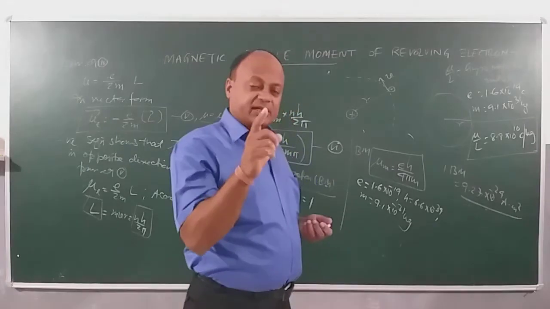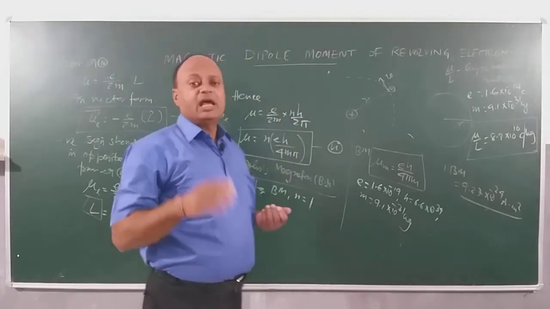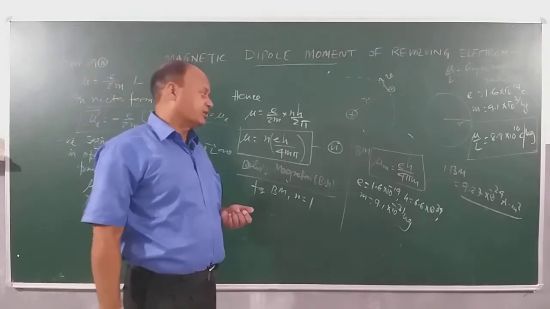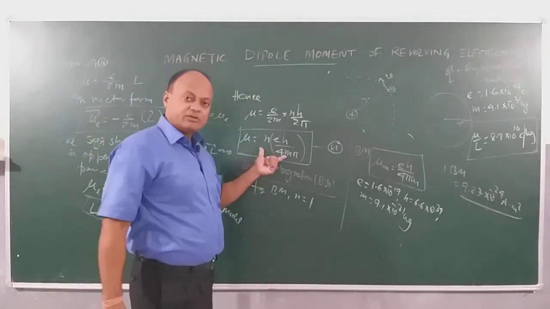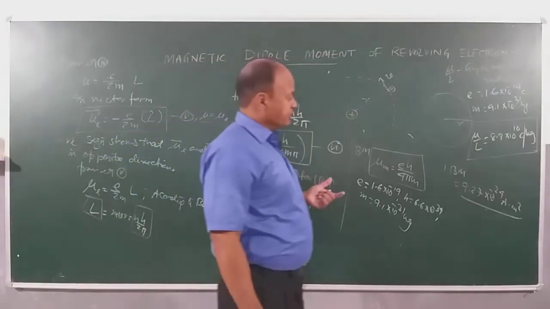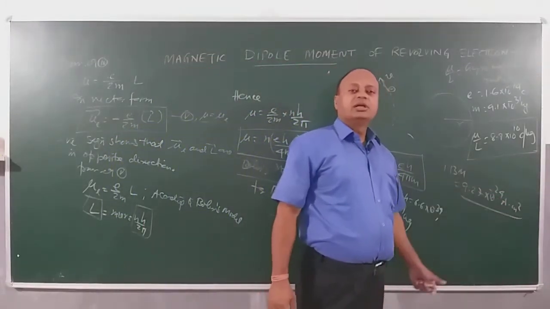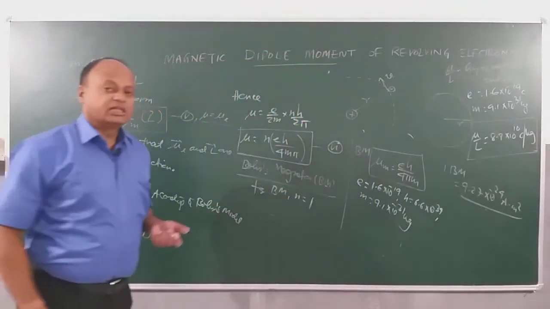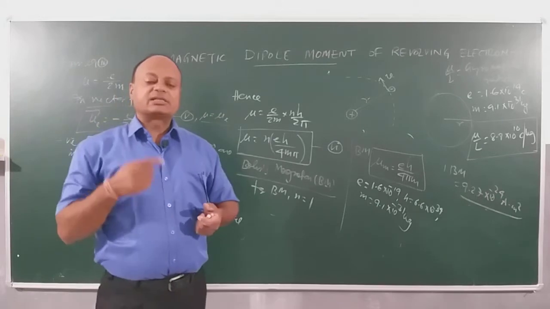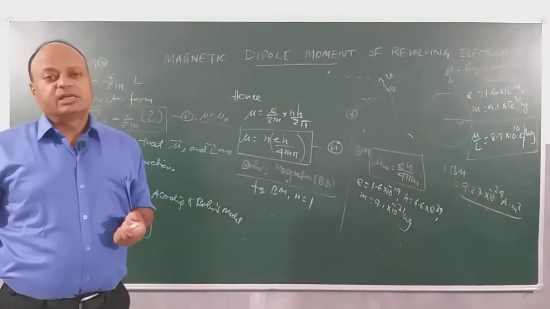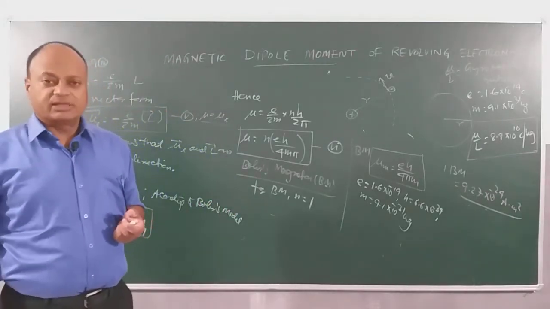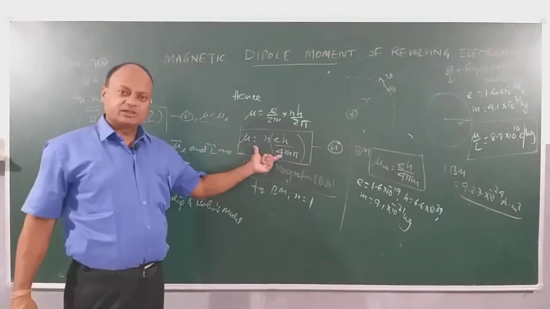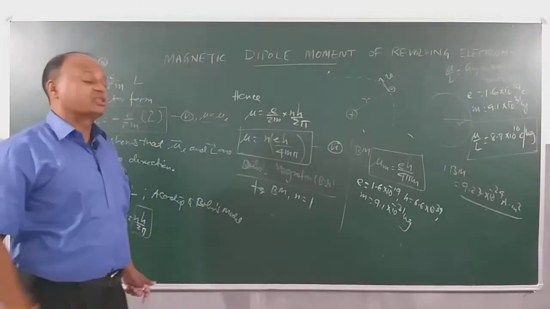1 Bm, Bohr's magneton, is the least value of angular dipole moment, or simply the magnetic dipole moment of electron, here when n is equal to 1. We are deriving this value from here, and its value is 9.27 into 10 to the minus 24 ampere meter square. Clear? So children, we understood in this derivation that when electron revolves around the nucleus, it acts as a single loop of current and produces a magnetic dipole moment, right? And the dipole moment associated with electron is this much, right? And the lowest value is called Bohr's magneton.